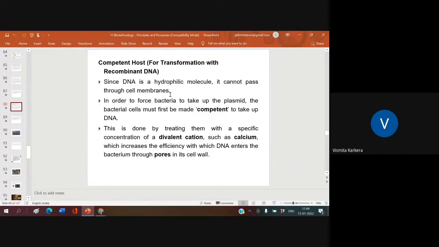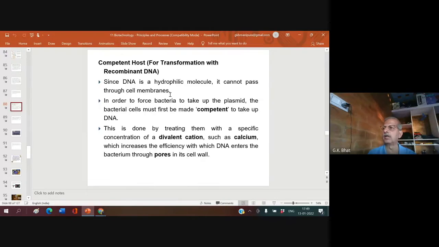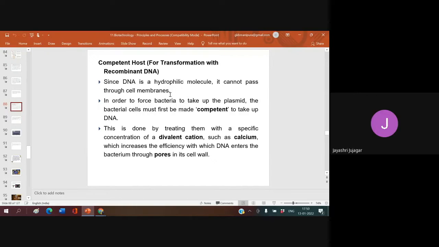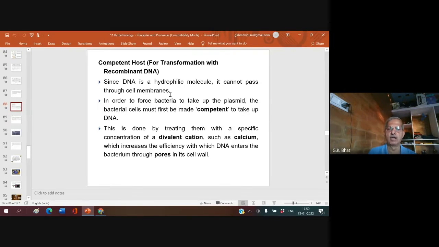Is it because the cell membrane is made up of lipid and protein? A bilayered lipid sandwiched with protein, and this will not permit a DNA-like molecule which is water loving to pass through. Can you pass water through oil? No. In order to force bacteria to take up the plasmid, the bacterial cells must first be made